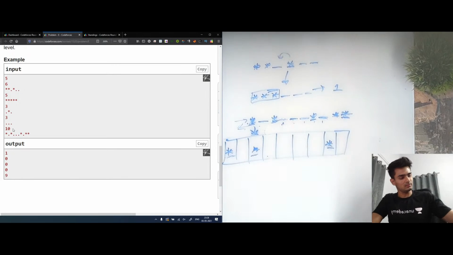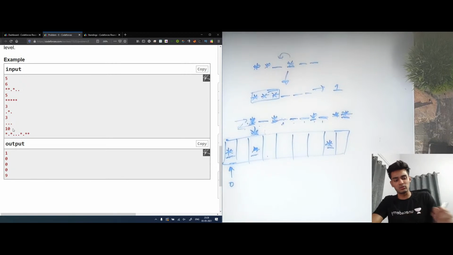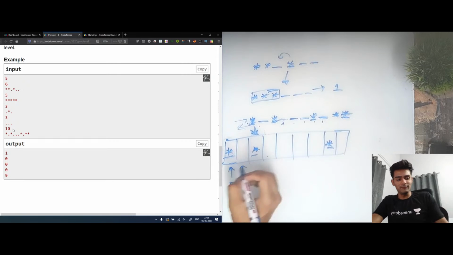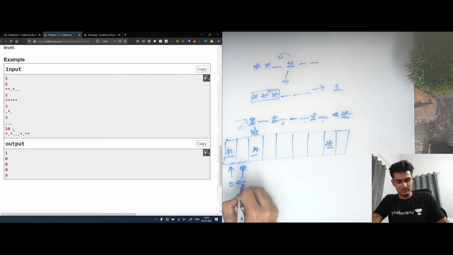Okay, so let's see the left value for this index. We know that the left value for this index is 0 because we had a sheep here and we want to place this particular sheep in the left direction only, starting from this index. Since we had one sheep only, we'll just place it here. Now let's come on to this index. If we wanted to place sheeps in the left direction from this index, there is only one sheep in the left and that will come here, and the cost for that will be 1. So we just put 1 here.